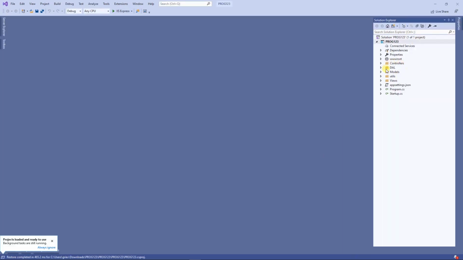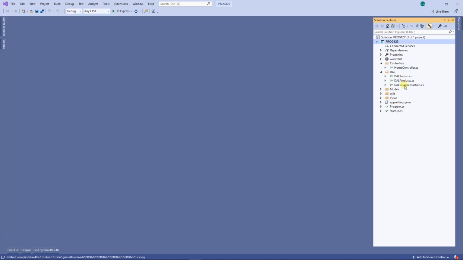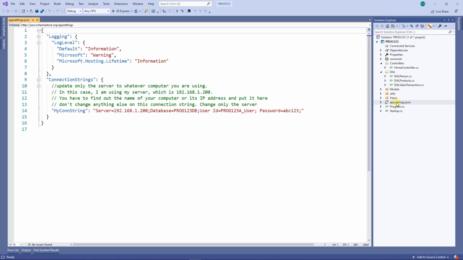If you look at the Solution Explorer, you're going to see the folders that are very common for MVC. You have controllers, I have some DAL classes that I already wrote for you, some modules, some utils, and right here in the bottom we have the appsettings.json. So I'm going to double click this,